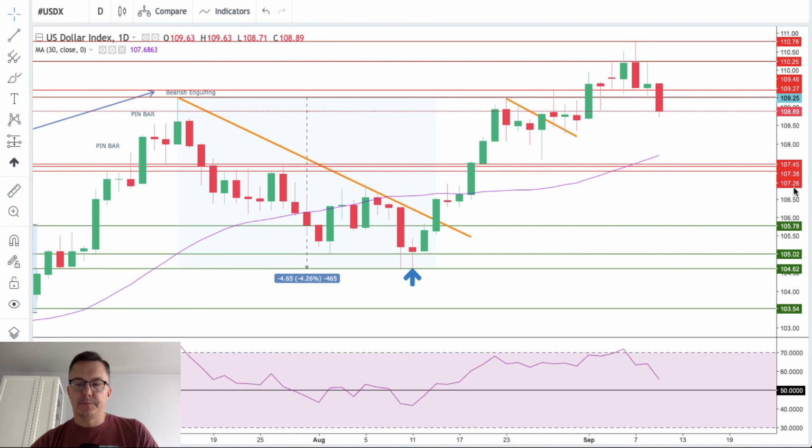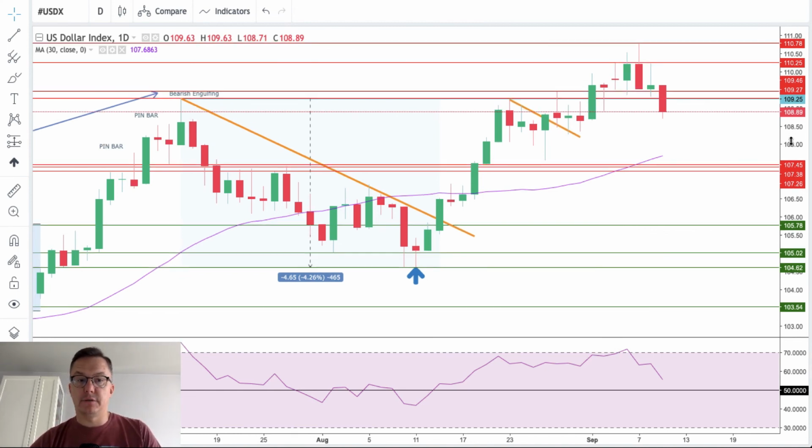It might be hit very, very soon, maybe not today, but you know, it's a forex market. You never know what are the plans of the big boys. You never know what are the plans of the market participants. So a strong sell-off of the US dollar index is possible. However, it's very, very low probability.